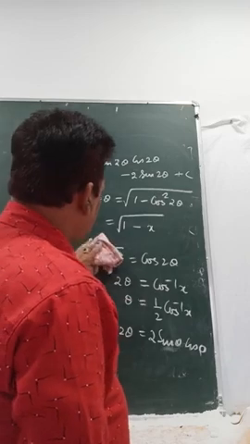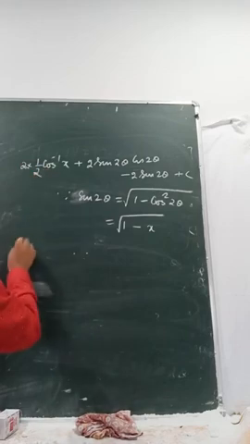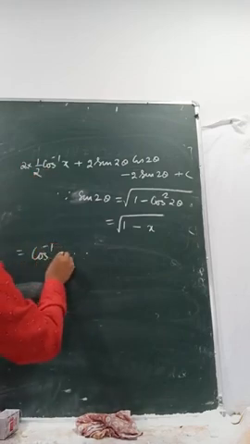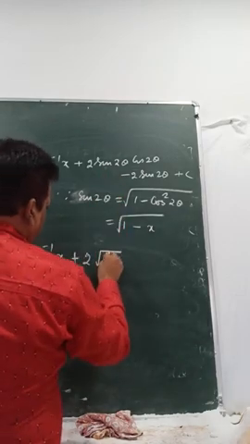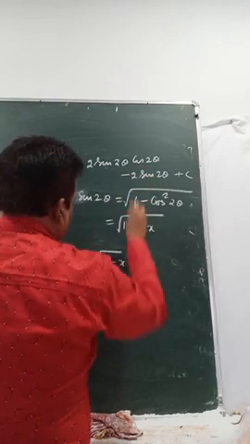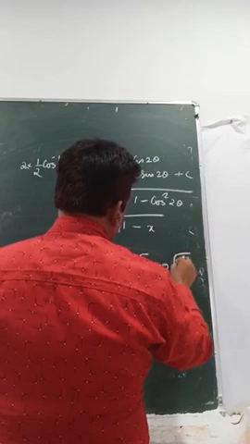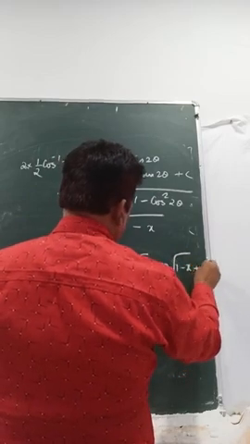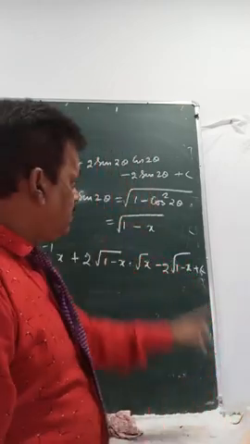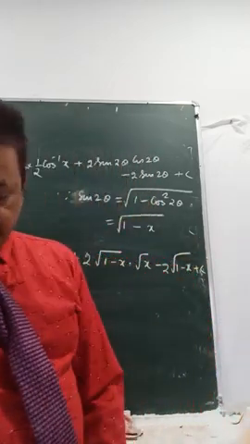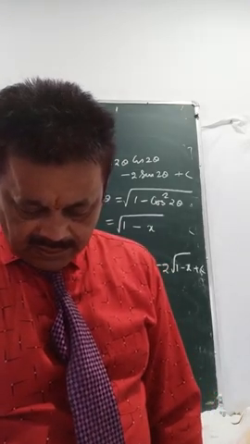So our conclusion came out. What is that? Now cos inverse x plus 2 root over of 1 minus x. This is root x. Then minus 2 root over of 1 minus x plus x. You can take this common and simplify, or you can leave it like that. It's a very important question. Try to solve. Practice it once, twice. You'll remember it. Okay. I'm giving another question.